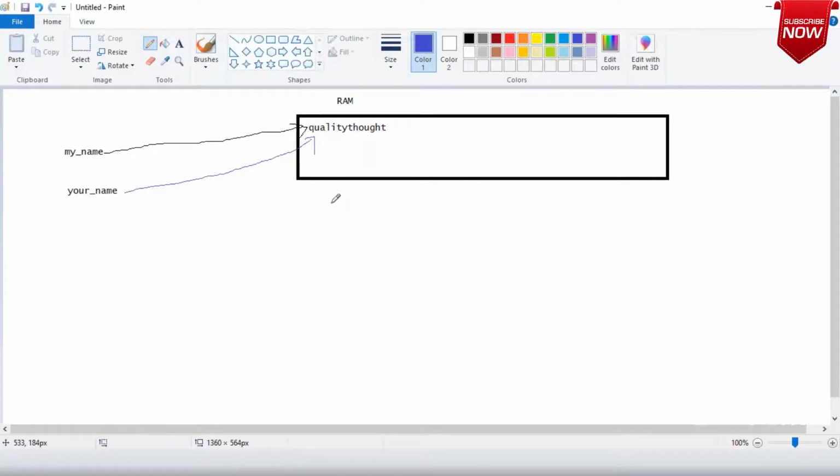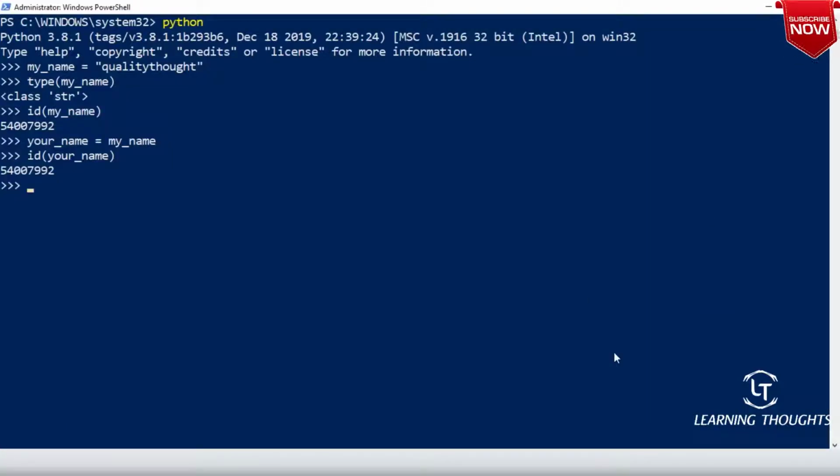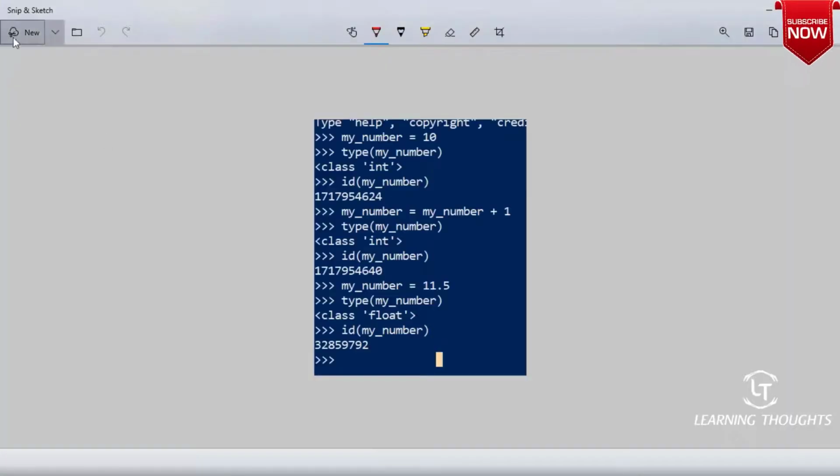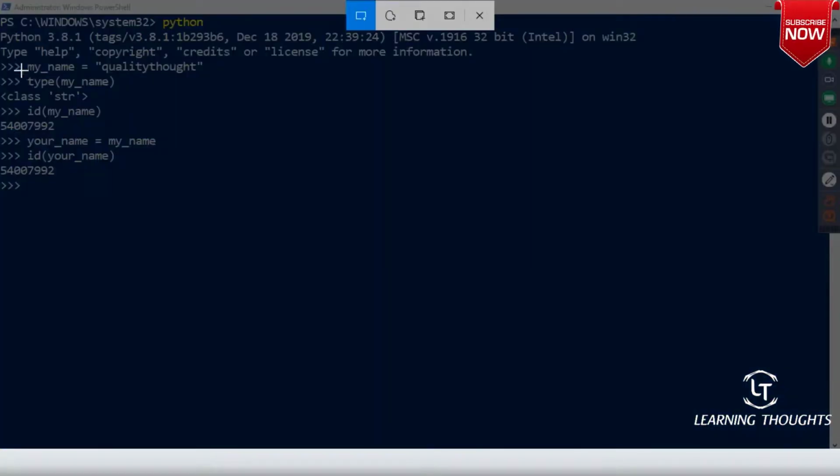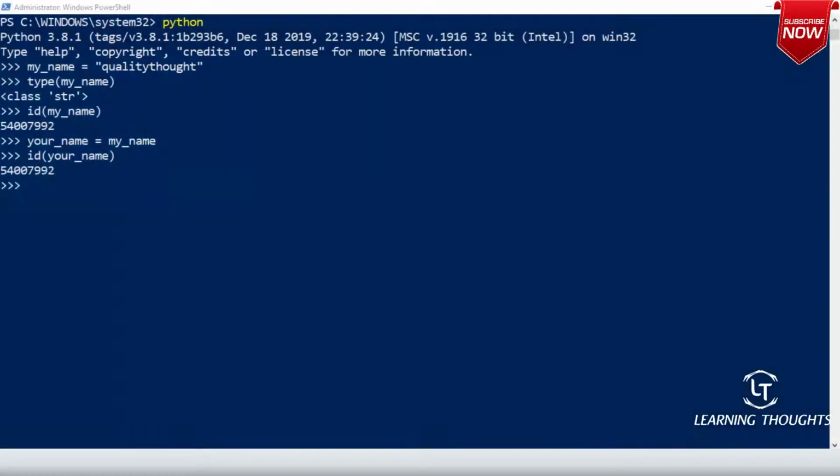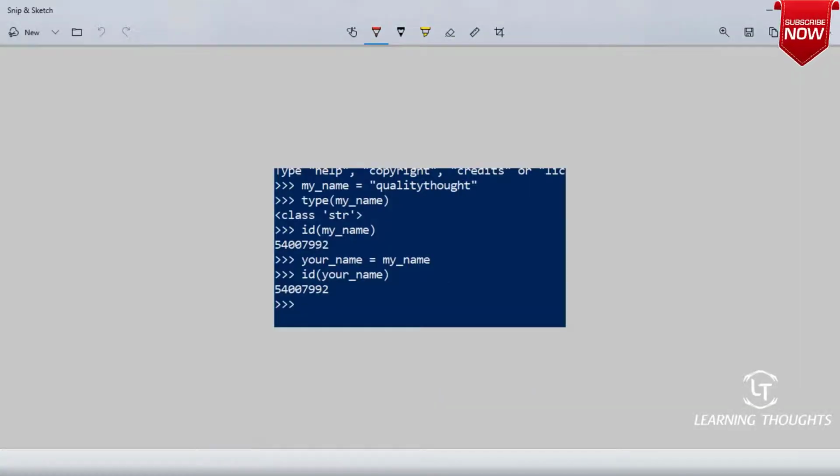Is this not what we have achieved? Okay. Can you confirm whether the behavior is the same in the case of integers? Take x and y, x equal to 5. Then try to assign the x value to the y value and see if the IDs are the same or not.